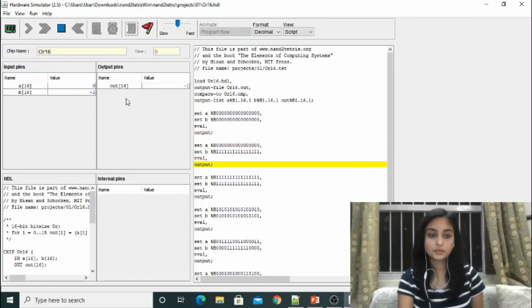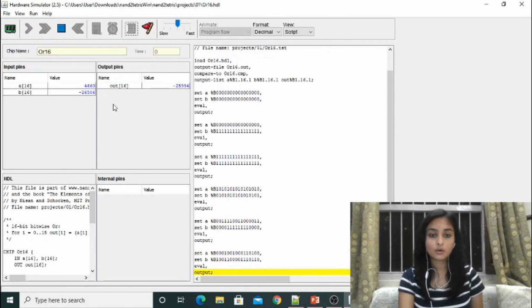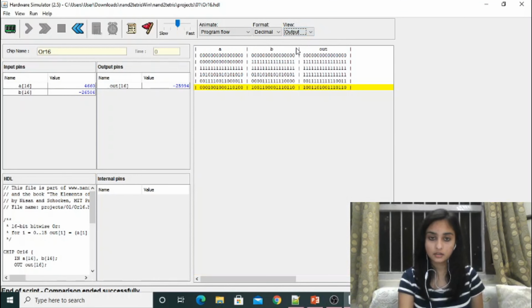So we have our input pins and our output pins in the format of 16 bits. The values keep changing all through the course of the code running, and the comparison ended successfully, and this is the desired output that we get. Again, we will compare it, and since no values changed, our code has run successfully.